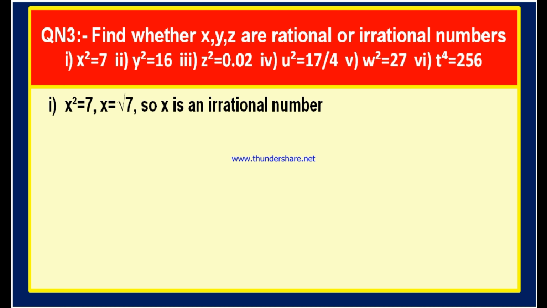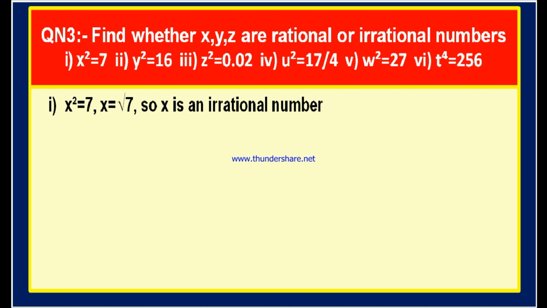Perfect square numbers are the numbers that can be written in the form of x square. For example, 1, you can write 1 as 1 square. Take 4, you can write 4 as 2 square. Consider 9, you can write 9 as 3 square. 16, you can write 16 as 4 square. Therefore, 1, 4, 9, 16, 25, 36, all these numbers can be written in the form of some number whole square. Therefore, they are called perfect squares.